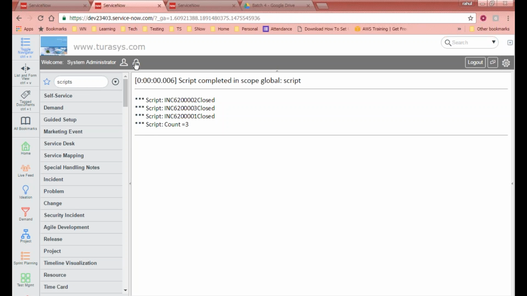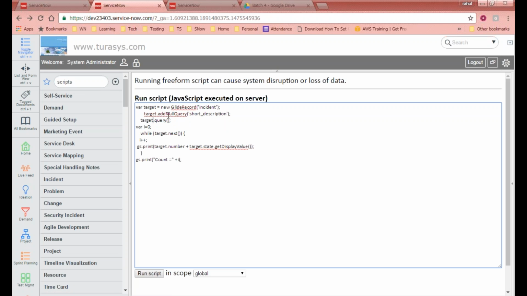So that method of target.addNullQuery will give you the facility to get all the records where any particular field value is null, right? So see, the field name that we provided here is short description. Right? Now